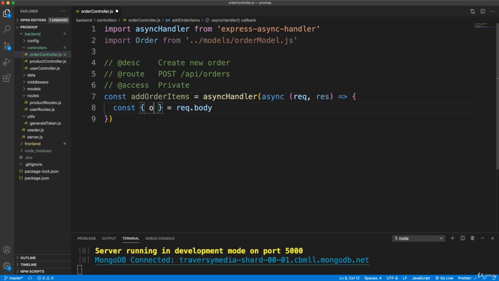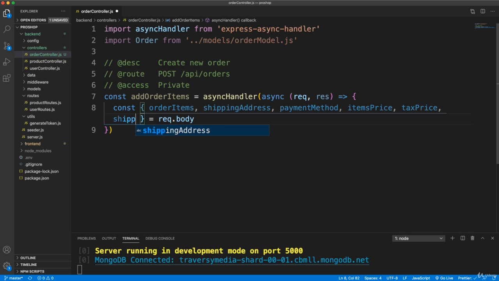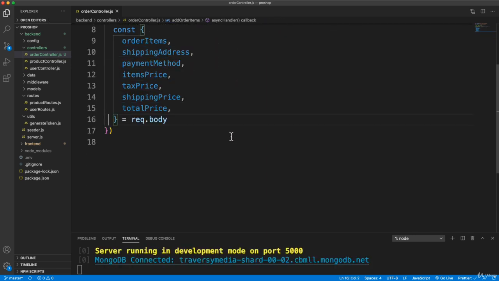So we're going to get from the body, let's just destructure a bunch of stuff from request.body. In here we're going to want the order items, which is going to be the array of items that get sent. We want the shipping address, the payment method, the items price, the tax price, the shipping price, we want the total price,